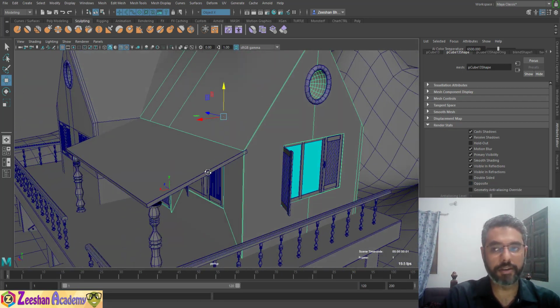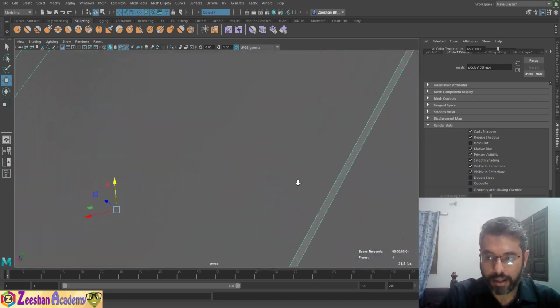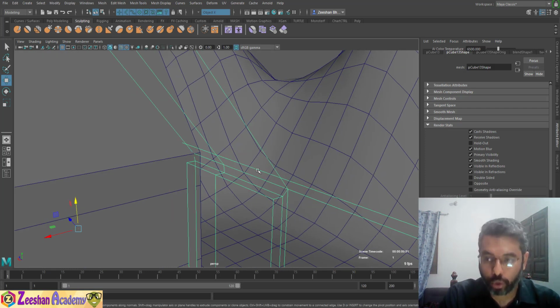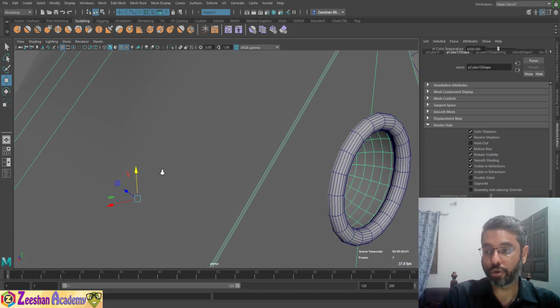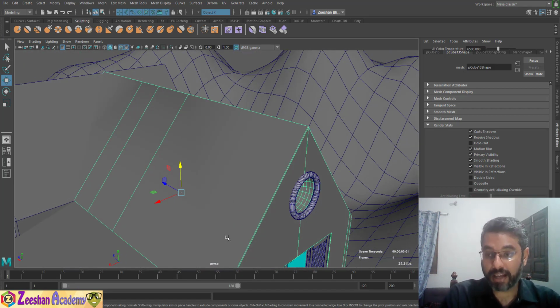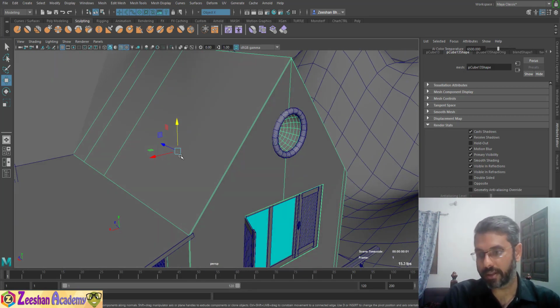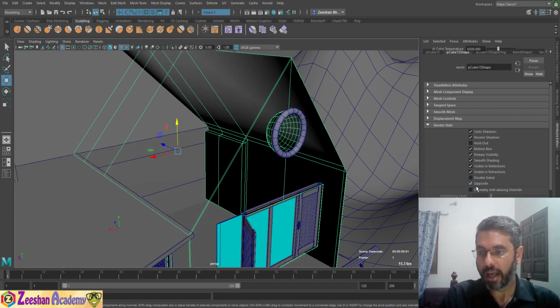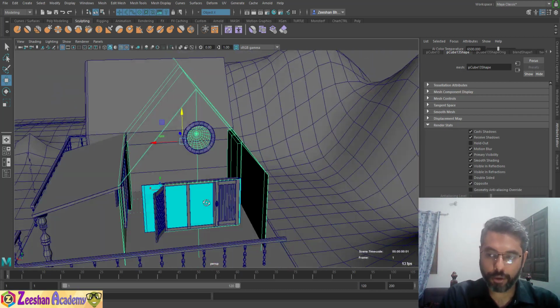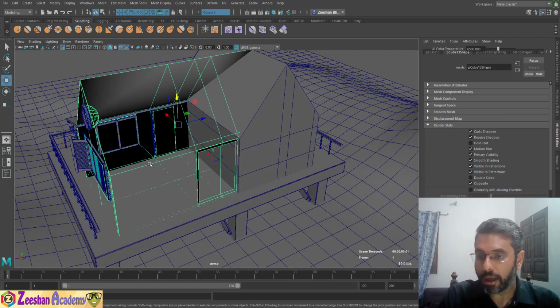This is the single-sided surface. How do I know? If I go inside it, you can see through and you can see the terrain behind that particular object. If I zoom out, I still get an object. But in my case, I want to see inside this so I can work inside the room. I can just click on the opposite button below the double-sided. As soon as I click the opposite button, now you can see that you have a room available.